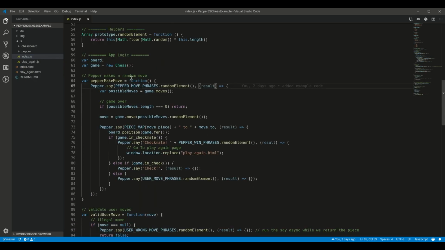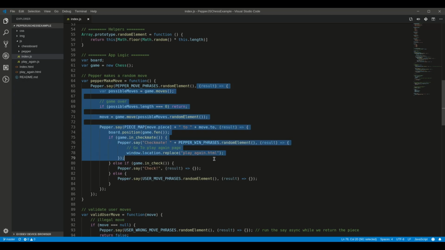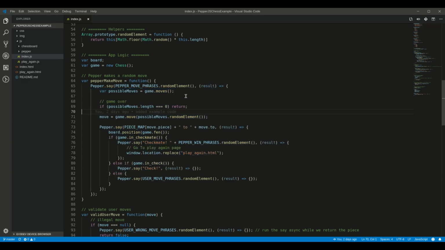to run the chess game, but I want to show you a quick example of a Pepper say usage in code like this one. So this is just before Pepper is about to make its move, and here we are randomly selecting a string from a list of predefined phrases that we want Pepper to say at this time. After that, we're defining a callback function that is executed once the say is finished. The say could end with 3 different states: successful, cancelled, or error, and the result object that is passed into this function contains this information. So once Pepper has finished saying her move phrase, then we execute the rest of this function, which contains the